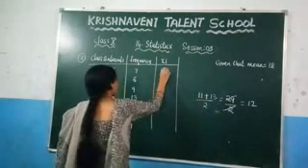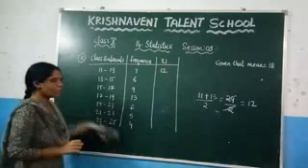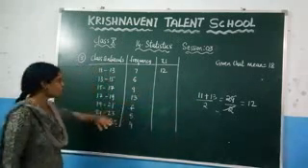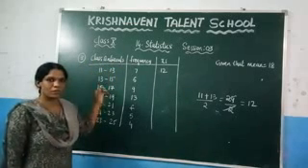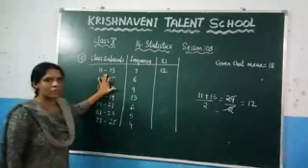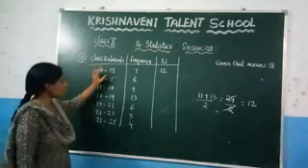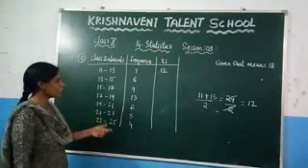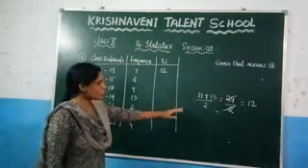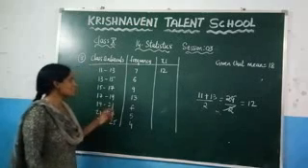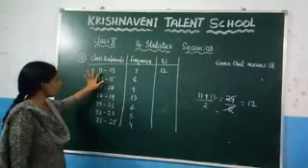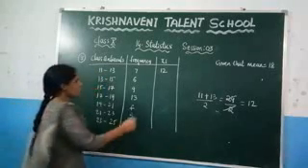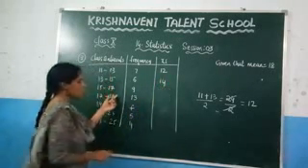So in this, the class mark is 12. Now you can observe what we are doing here: 11 plus 13 by 2. That means we are taking the average of these two values, that is, finding the middle value. Since these values are very small and the difference between them is also very small, there is no need to add these two numbers and divide by 2. Let us take the middle value here. What is the middle value? After 11 you will get 12. Similarly here, the middle value is 14, so write 14. If you add also, you will get the same answer.